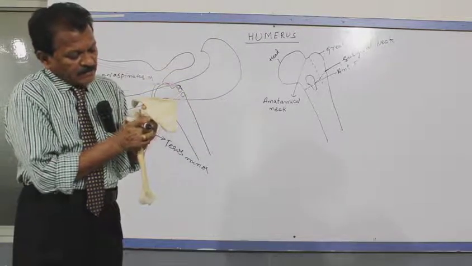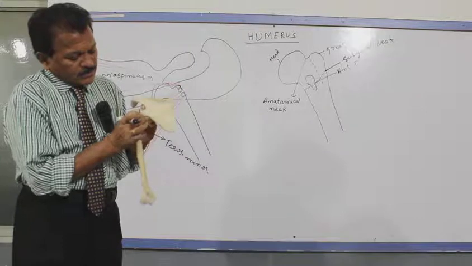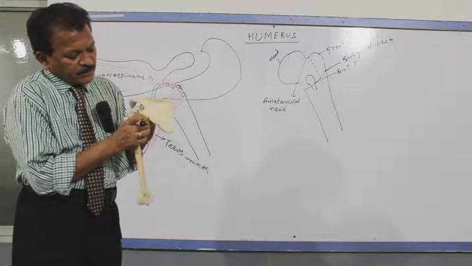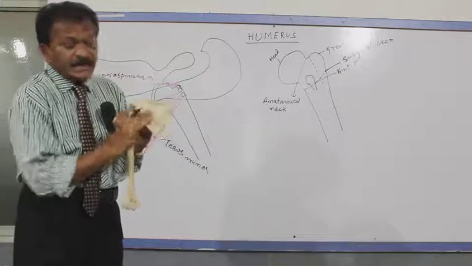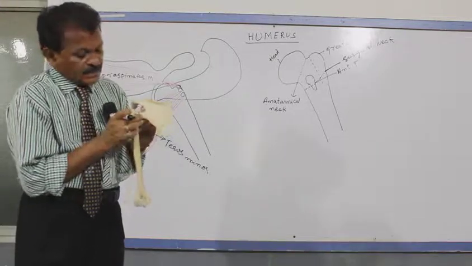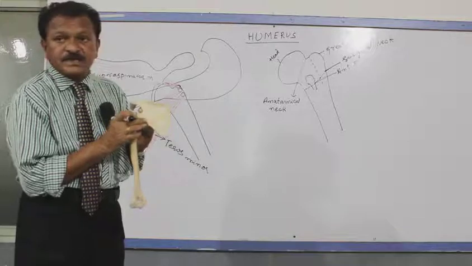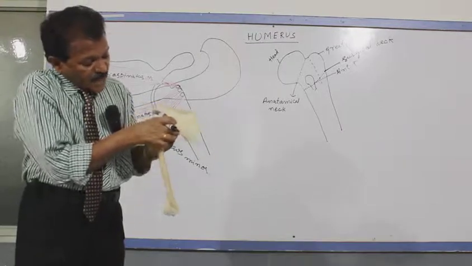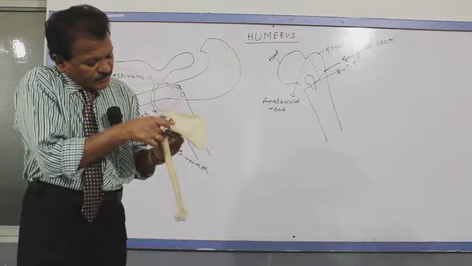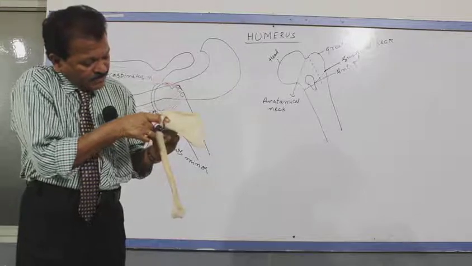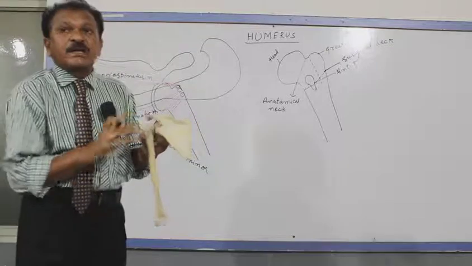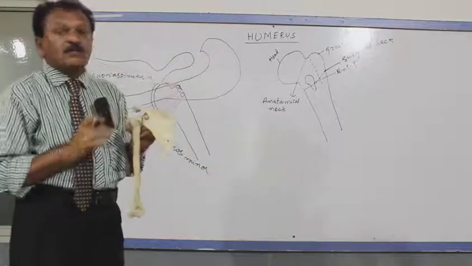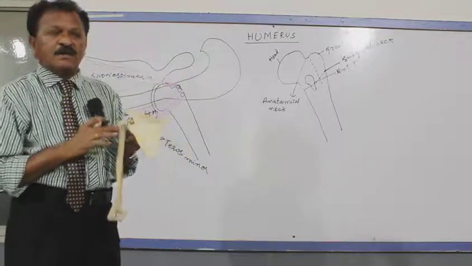In between the two impressions there is a circumflex humeral and circumflex scapular artery, which enters into the dorsal surface. Here is the teres minor muscle with two digitations. It ascends upwards, forwards and laterally, and is inserted into the posterior impression of the greater tubercle on the superior surface of the humerus.